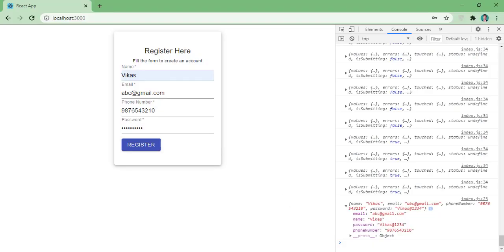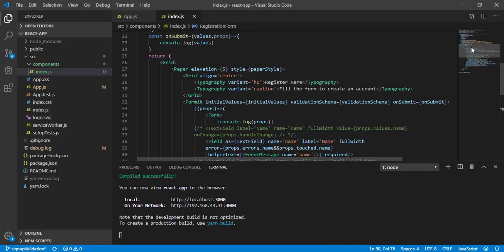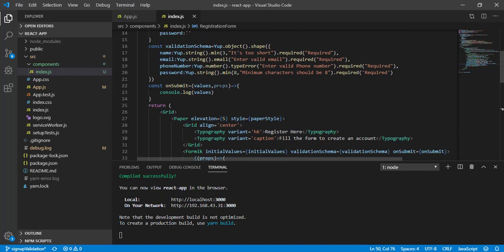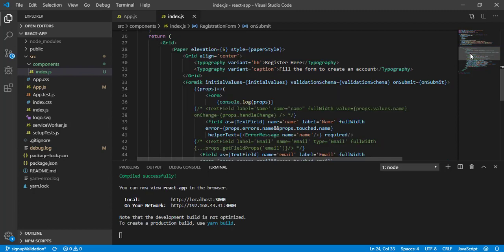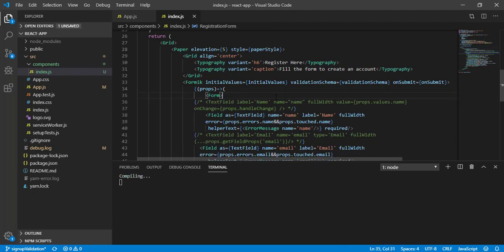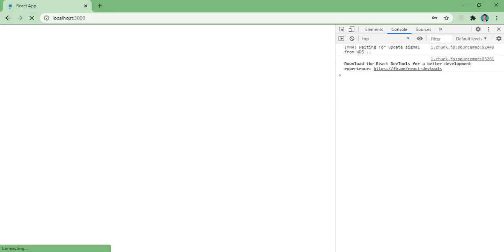For that, let's come to this onSubmit and do console.log of values, comma props. Now we can remove this console log here, save it and come back.